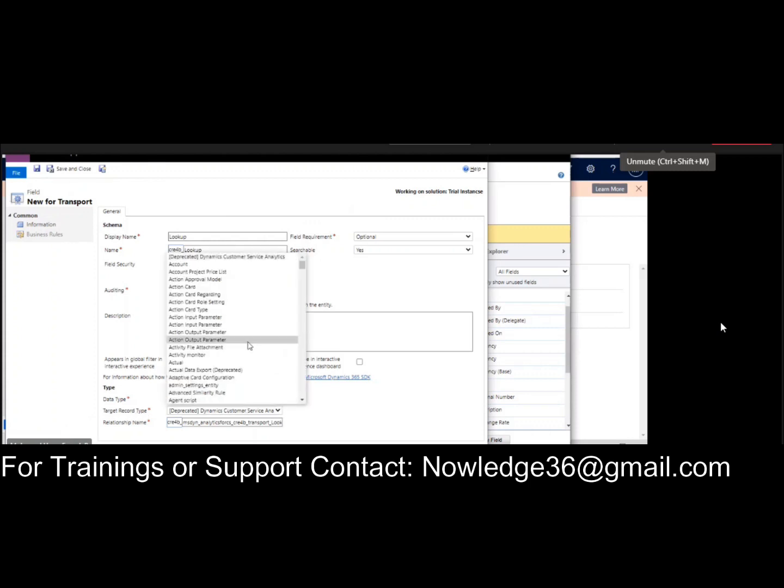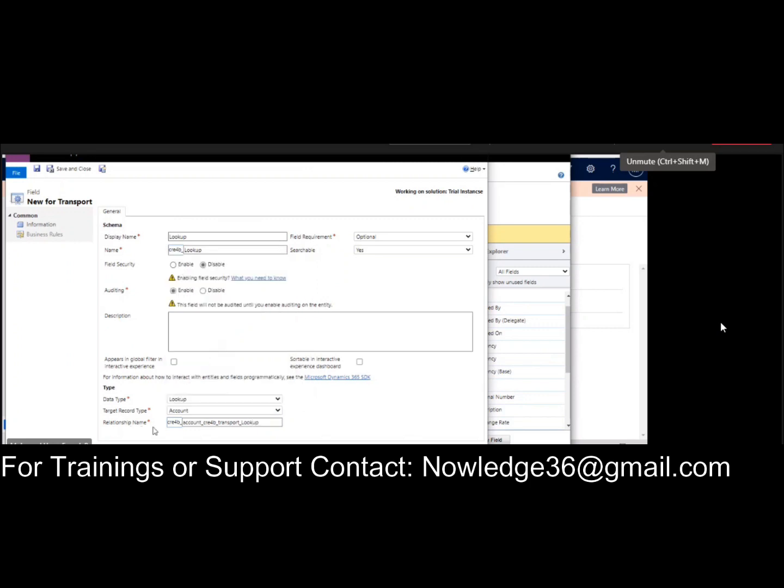It will show all the entity types, so 509 entities will be available here. If you want to display the account relationship name, just click account. You can see the relationship name becomes: account is the parent of transport. Now transport is the child. Just click save and close.